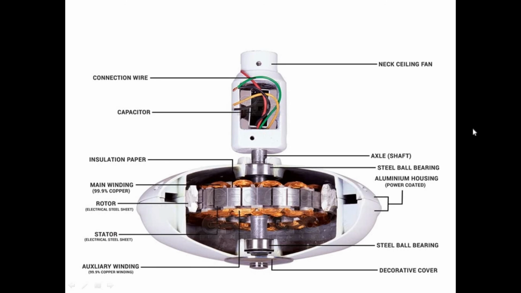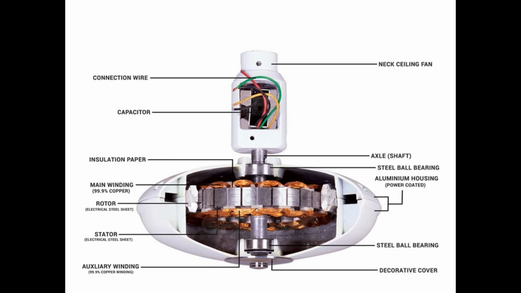The purpose of placing the rotor at the outer side was the reduction of mechanical component requirement. If we place the rotor inside, we need more mechanical components that will lead to an increase in the size of the fan as well as the cost of the fan. To reduce that, the rotor was placed outside and the stator was placed inside.